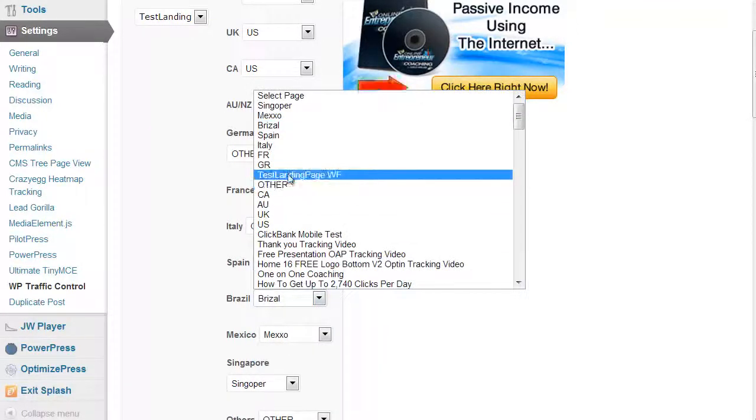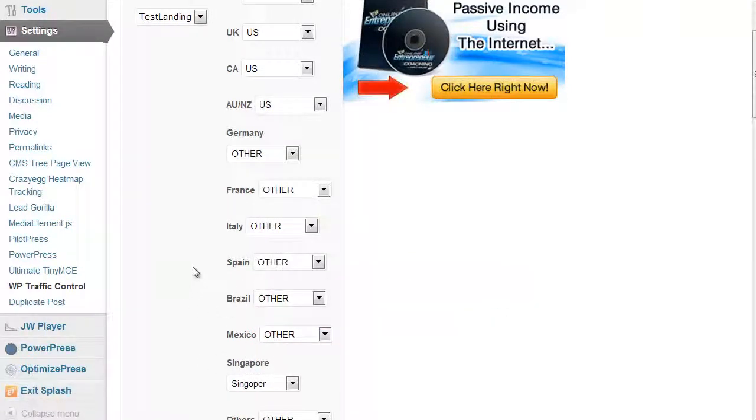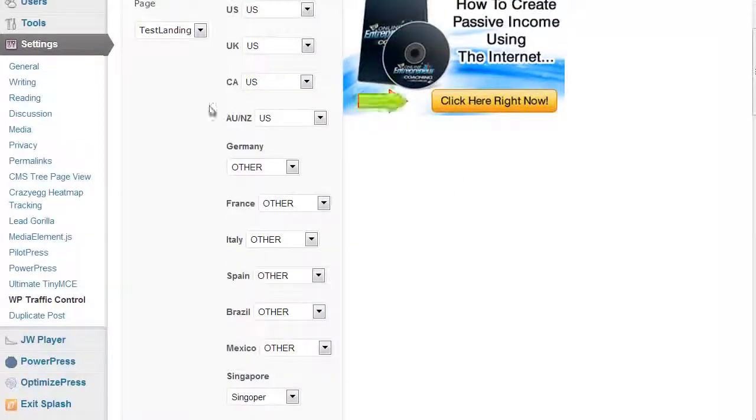And what would happen if anybody was from these other locations, it would immediately pick up and go, hey, you're not from the countries we want to buy this product. You could send them off somewhere else. I would personally be selling those leads as solo mailings. You could buy a group of emails, pull out the US, Canadian, Australia, New Zealand, and Singapore traffic and resell the other ones. And these others could just be another redirect page. That's how simple and easy this is.